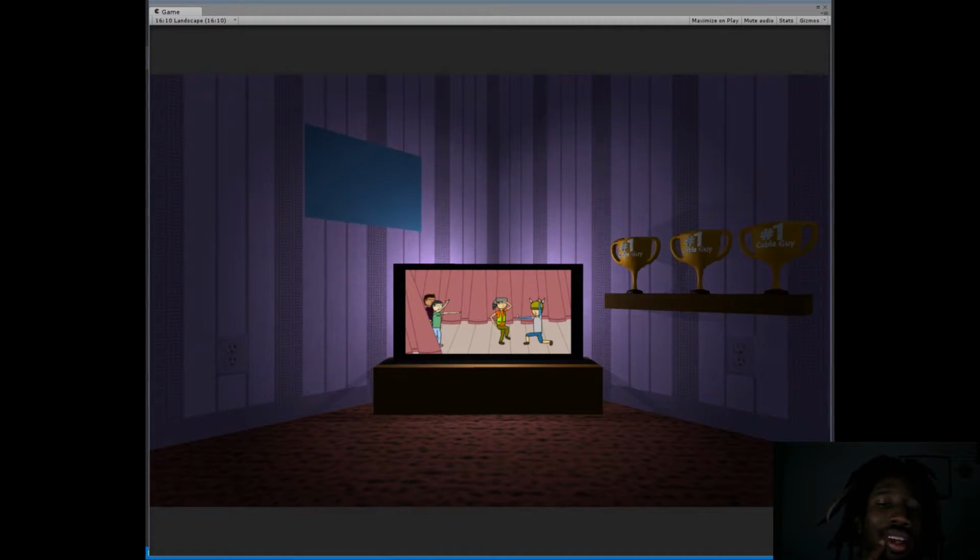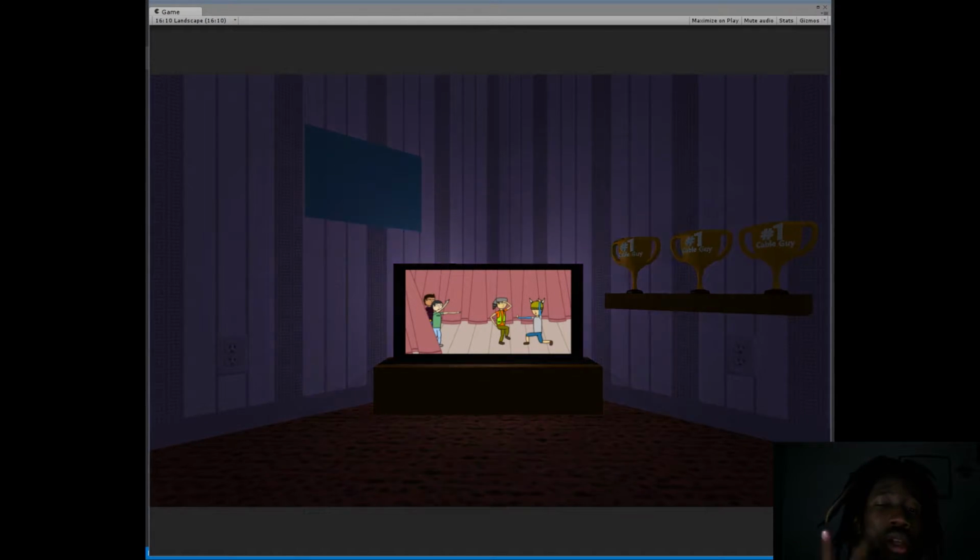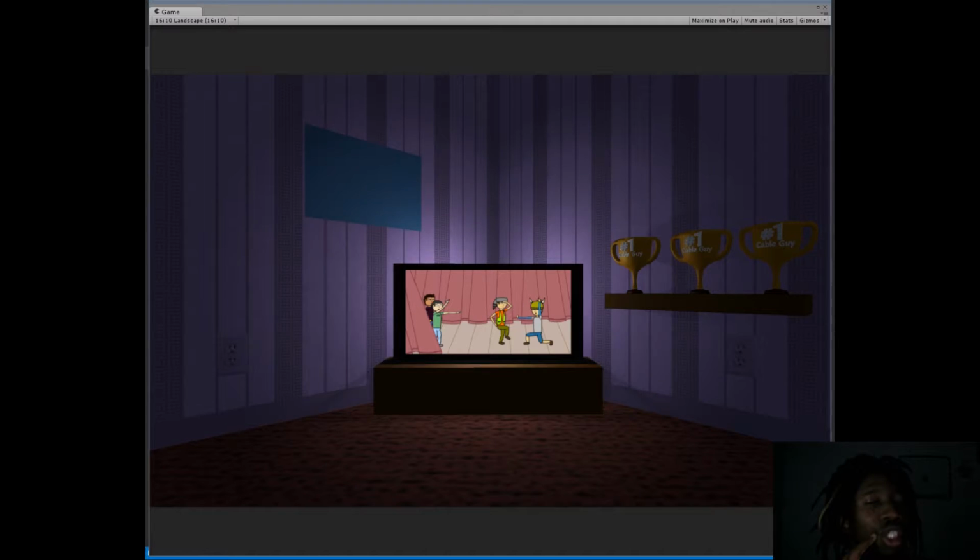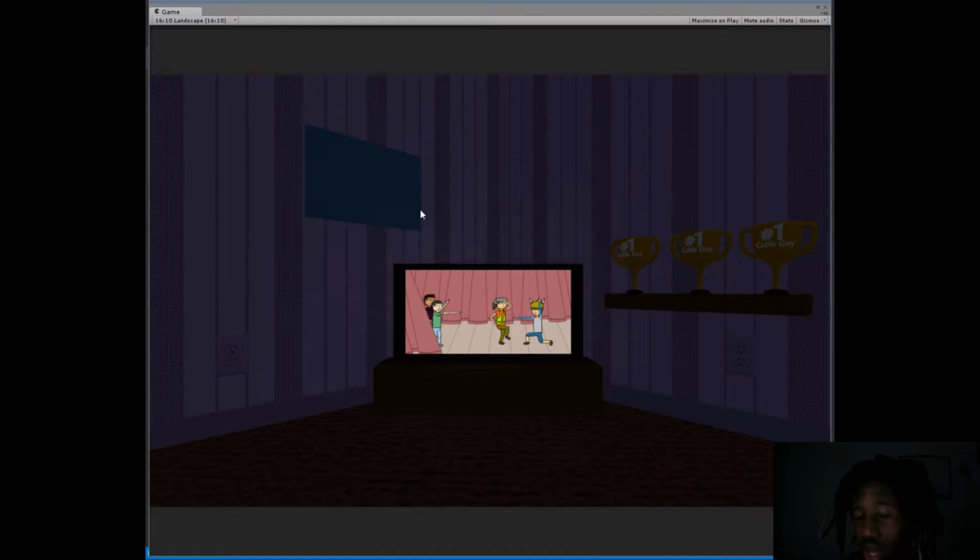Okay, I got it. Initially, I was thinking a poster with a random size, random color, and randomly generated word, but we can do a randomly generated image, and I know just the technique to use for this. So what I'm going to do is in Photoshop, I'm going to take a square image, and I'm going to create just a bunch of random paintbrush strokes, all white, probably like 10 different layers. And then I'm going to layer all 10 on top of this and let those layers generate their own random color and